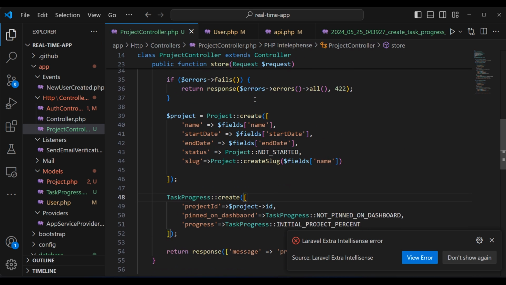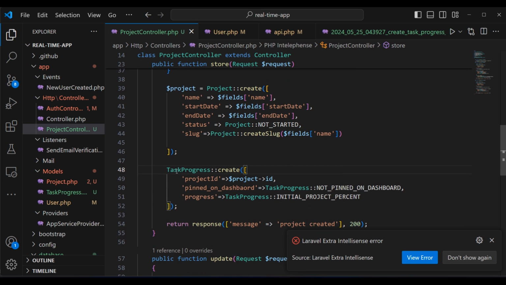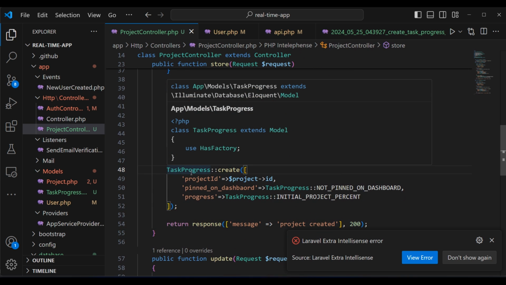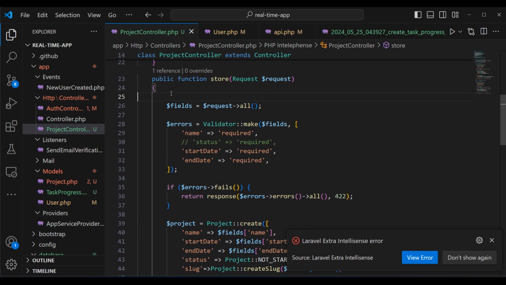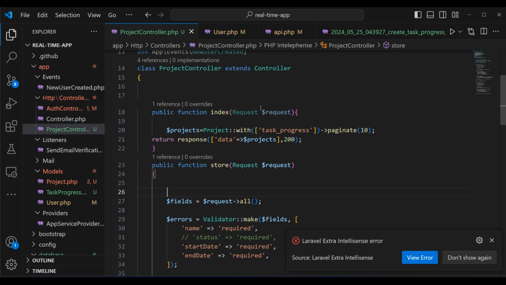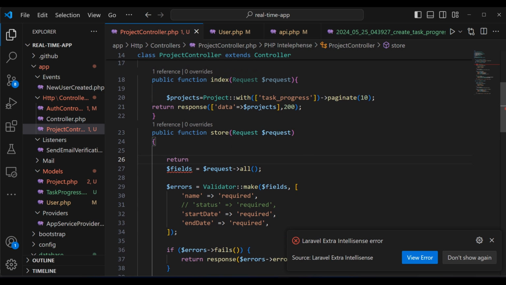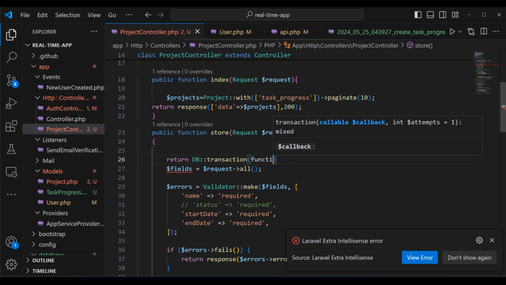But also here, you can see we got two queries. We need to create a project, but also we need to initialize a task project. What we are going to do is replicate this code within a transaction. And we are going to use the DB class. We already imported the DB class right here. We are going to return DB, pass it within the transaction, and then pass an anonymous function, and then we are going to